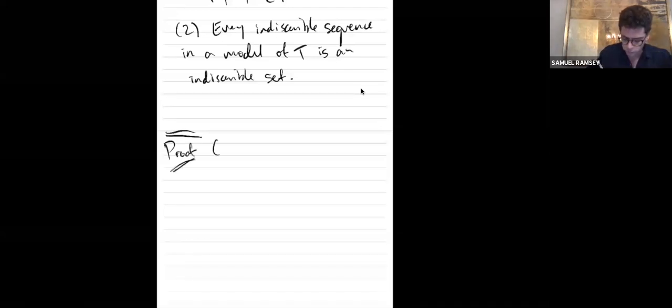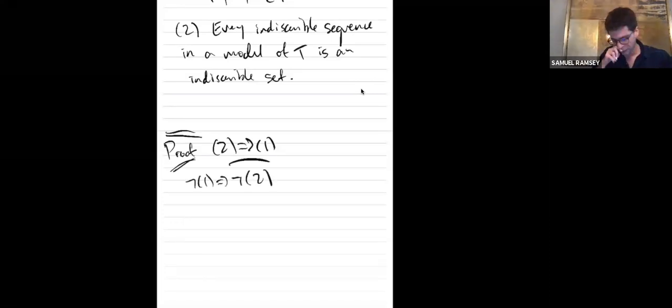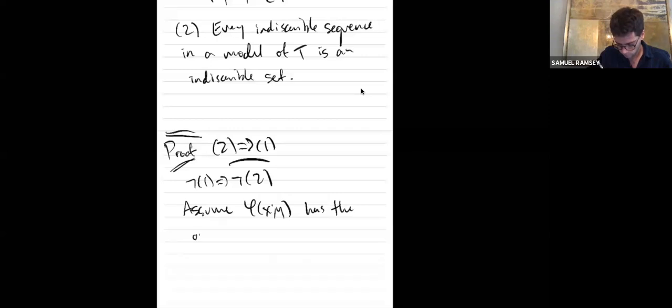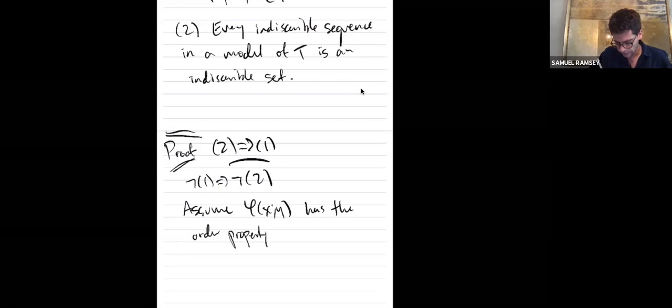So I'll start by proving 2 implies 1. But I'll really prove the contrapositive, so not 1 implies not 2. So what we're going to do is assume that we do have a formula with the order property, and then we'll cook up an indiscernible sequence, which is not an indiscernible set. So assume phi(x,y) has the order property, witnessed